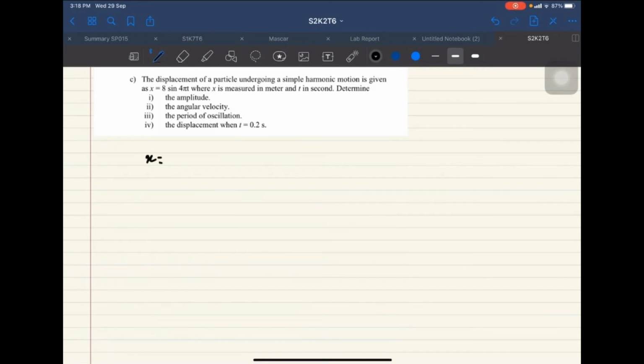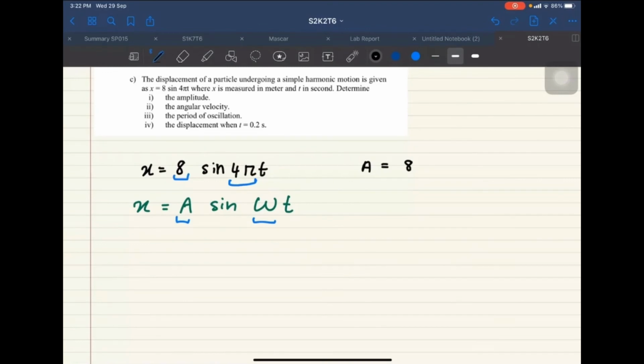X equals to 8 sine 4 pi t, where x is in meter and t. So going back to this question, kalau kita dah compare between the general equation with the given equation,